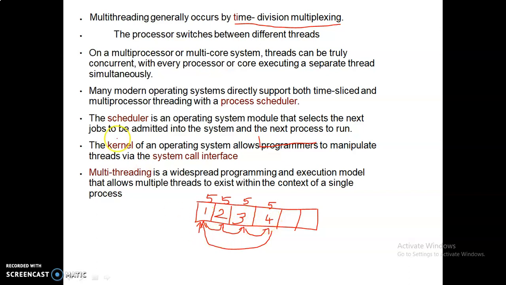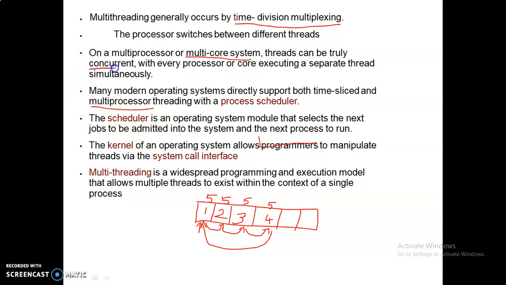In the same way, our threads also execute like that. It shifts from one process or task to another task and tries to execute all the tasks simultaneously. So all our present operating systems use these multitasking and multi-processor features: multi-processor, multitask, multi-core and multi-user. These are all for parallel execution.